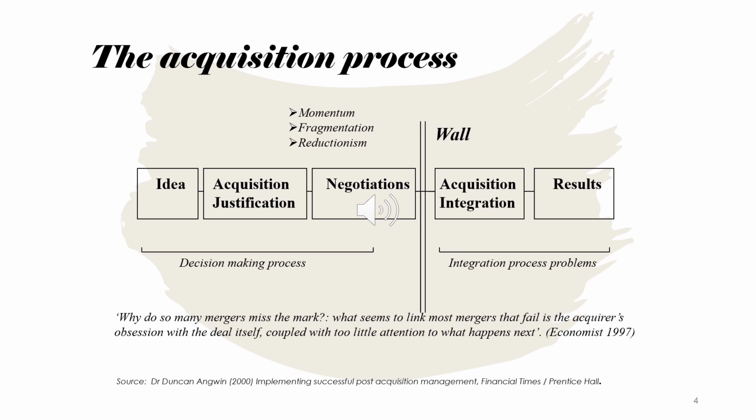An example would be, for instance, culture. Because it's hard to quantify, it tends not to be considered much in the negotiations. But in the integration process, if you have big differences in culture, you may end up with big problems. And reductionism, which is the third one, is about oversimplification. Again, because it's highly complicated with lots of interconnected parts, we tend to try and simplify, again to make it manageable and also to make it accurate.